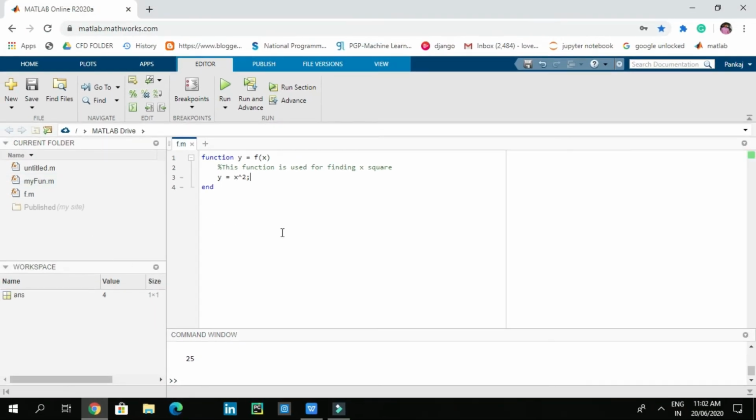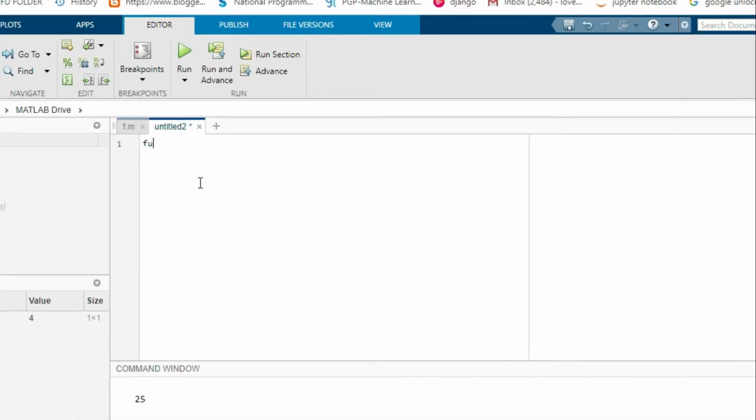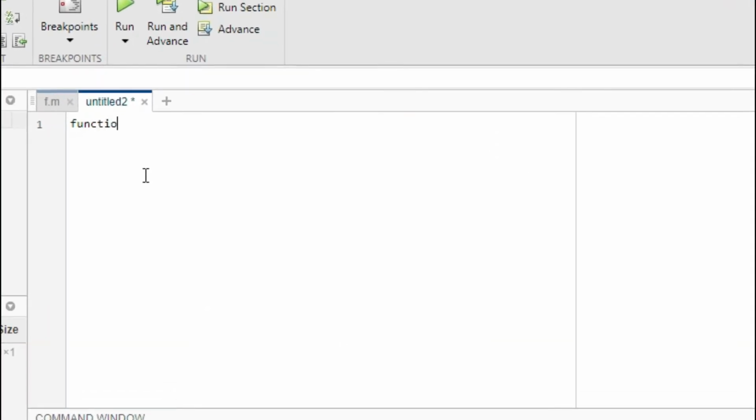Now let's write a function for finding the area of a circle. So let's take a new file and start with function. We want output as capital A equal to, and let's give a name for the function, like circle.